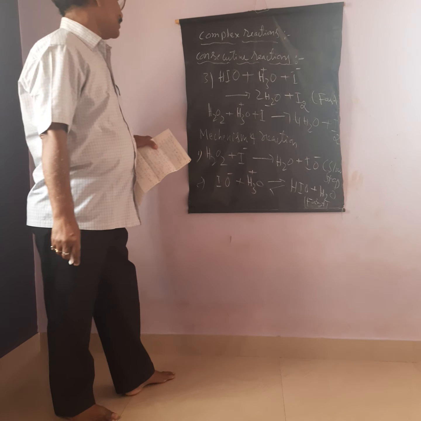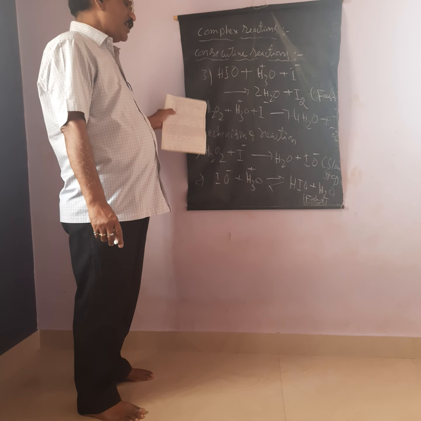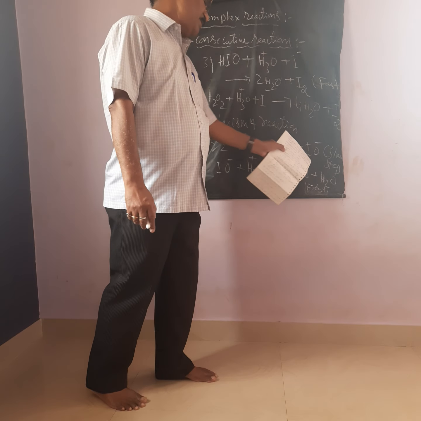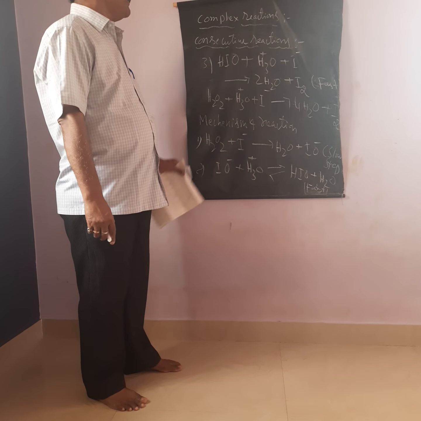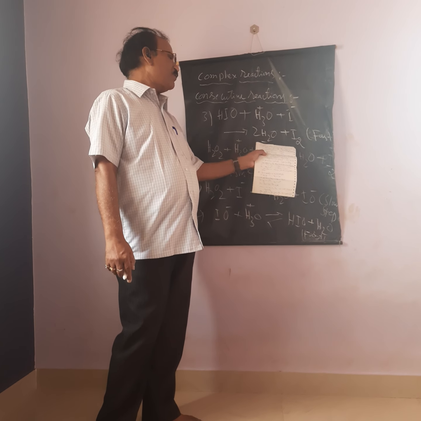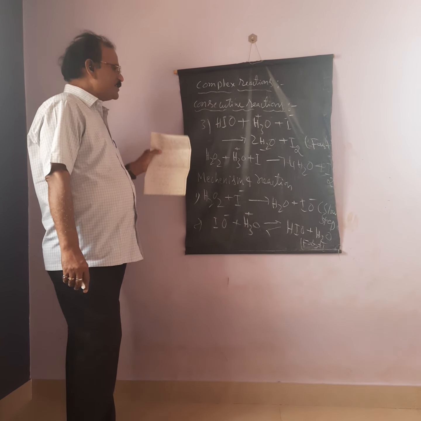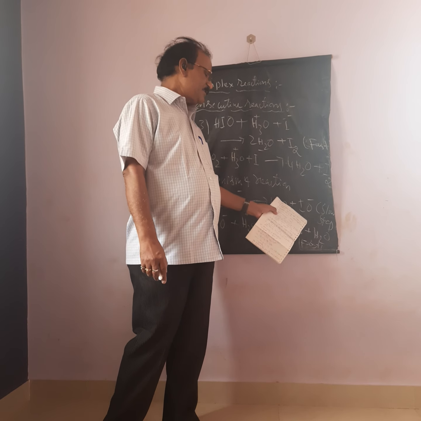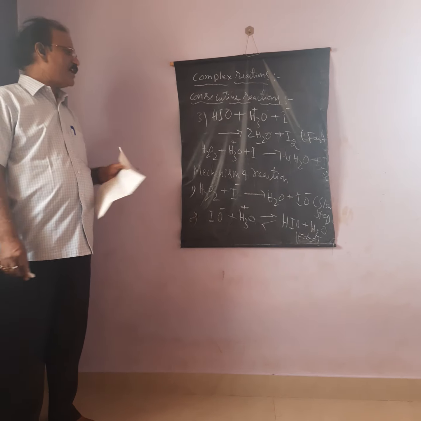So the reaction between hydrogen peroxide and hydrogen iodide is a 3-step mechanism. The first step is a slow step, the second is a fast step, and the third, giving iodine, the final product along with water, is also a fast step. So the kinetics of this reaction can be studied only by the rate determining step, which is a slow step. This is one example of a conjugative reaction.